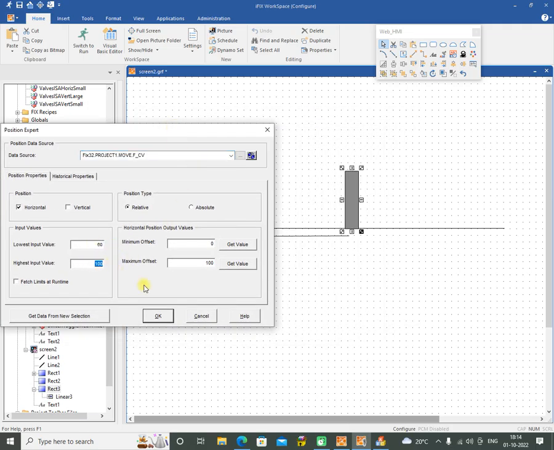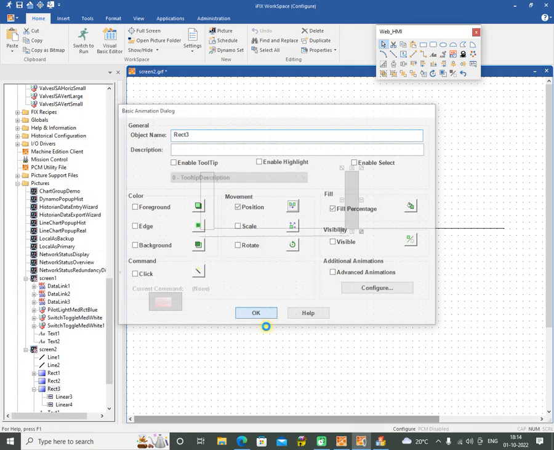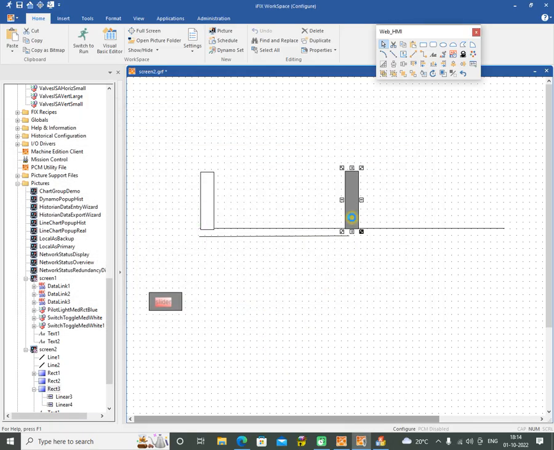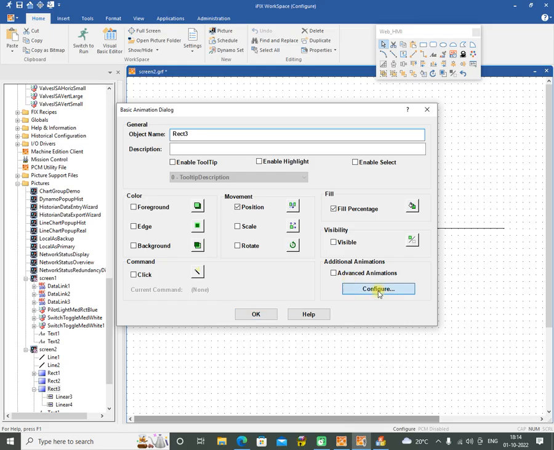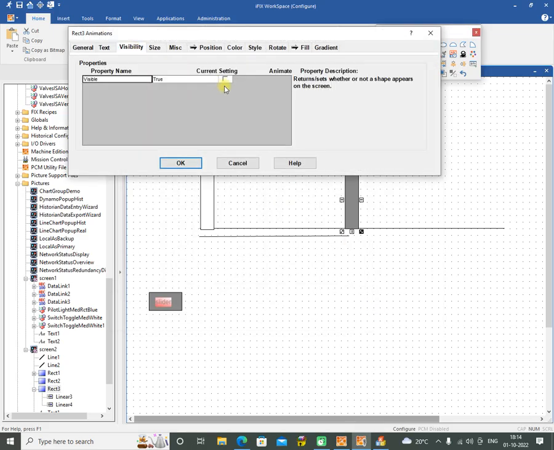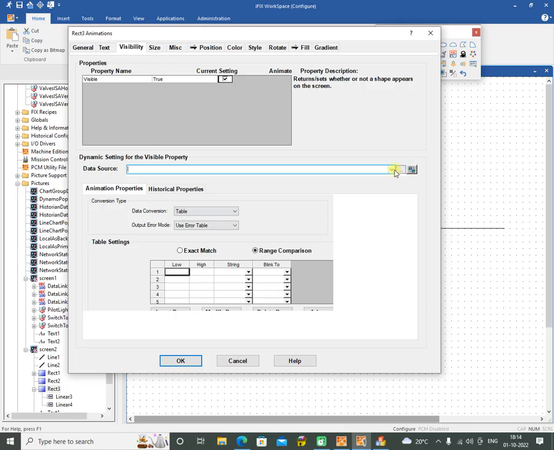Now slider entry 60 to 100. For that much value it should move from here to somewhere here. So click on get value, click on OK. That's okay. So visibility, if you want to define, again go to configure, here visibility condition should be true when